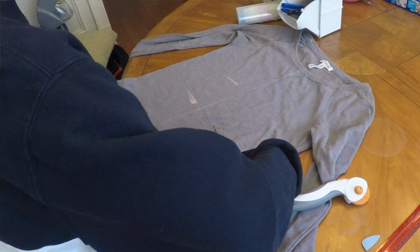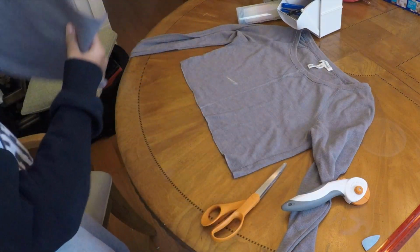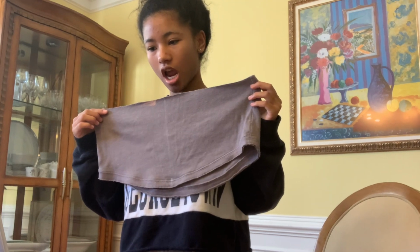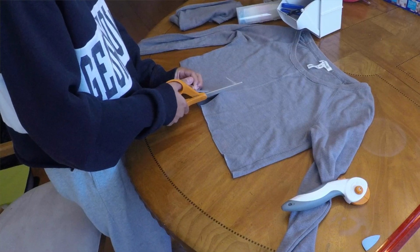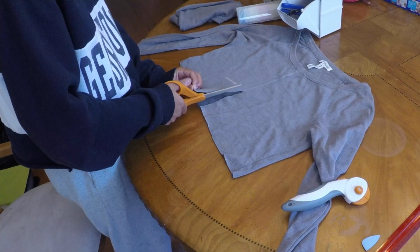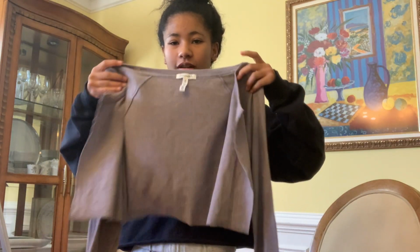Okay, I did it. I think I did too much. Now for the vertical line, be sure to only cut the front layer and not the back as well. So far, it's like a cropped sweater. But the thing is,